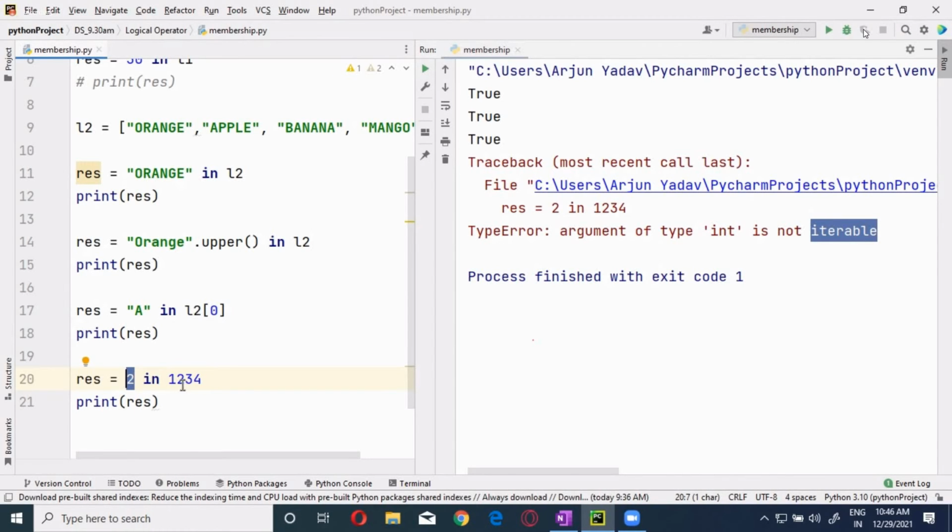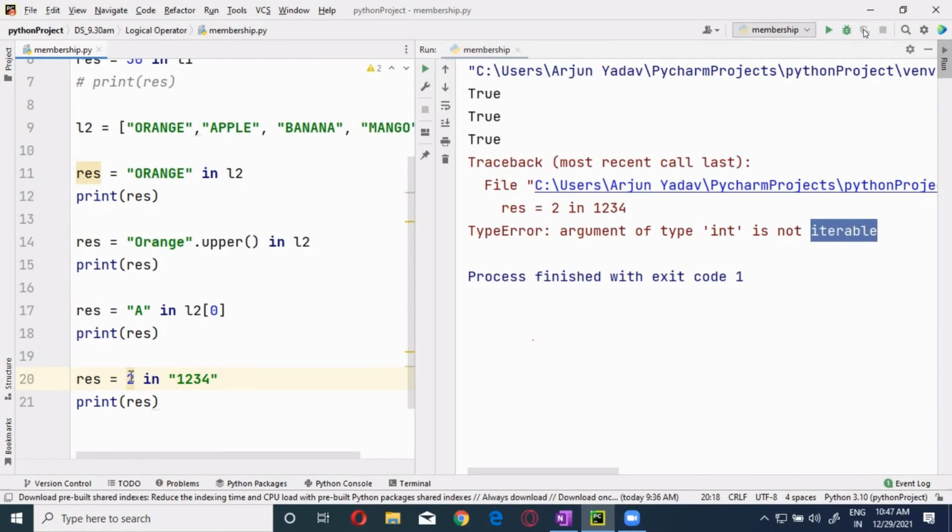Integer. Okay. Now, if I want to make this a sequential data type, what do I have to do? Not only list. The other one we discussed. What is a sequential data type? String. Convert this into a string. And then this will become a sequential data type.